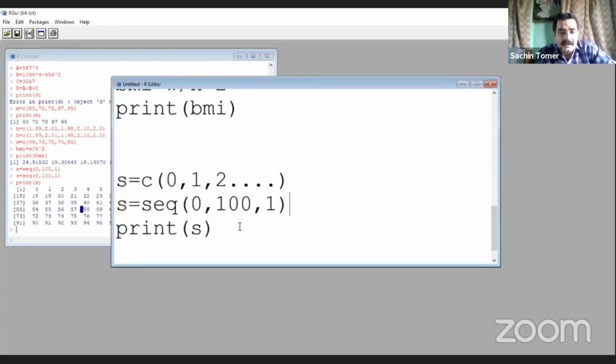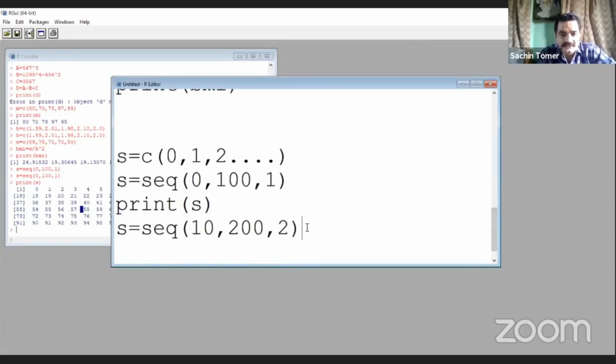If you want to generate a sequence, s = seq(10, 200, 2) with an increment of 2, we have to write the command this way and print(s) also. So we are generating a sequence from 10 to 200 with an interval of 2.